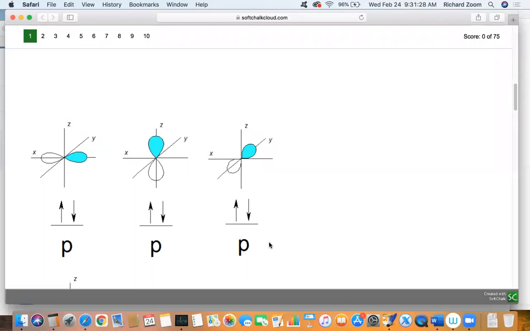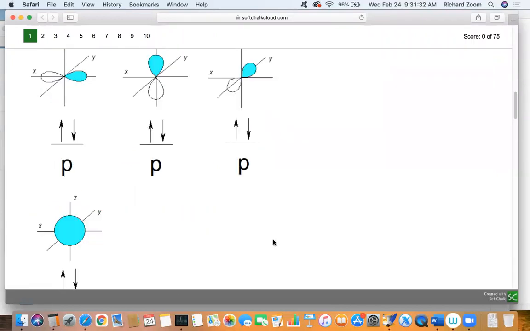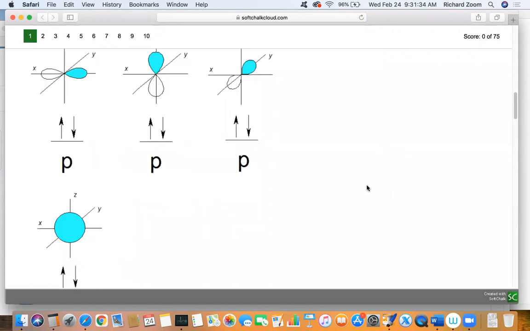Okay, so just getting into, first of all, orbitals. And when we talk about orbitals, all we're really talking about are volumes of space where we can find certain kinds of electrons. And this is somewhat related to